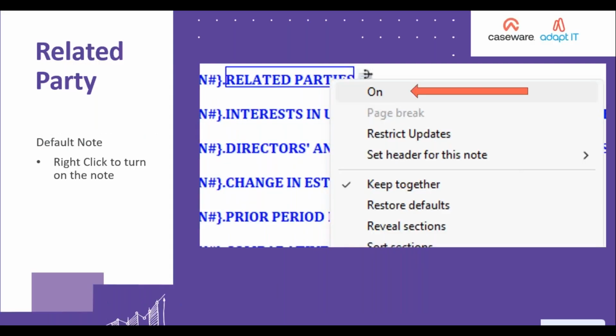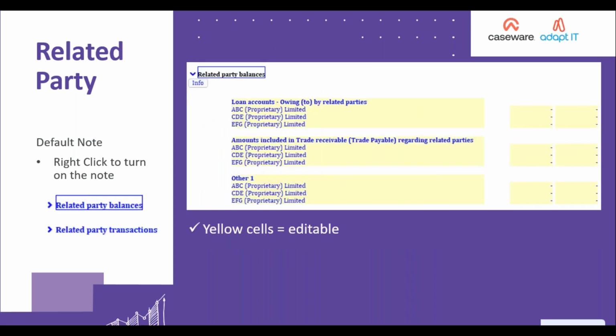Okay. To turn on your related parties note, first of all, locate it. You can use Ctrl F or you can use your document map and right-click to turn the note on. When the note is turned on, that's the default one. I have not yet changed to use the Excel one. Let's focus on the default note. All the cells that appear under the default note will be in yellow. It means it is editable, that you can edit those